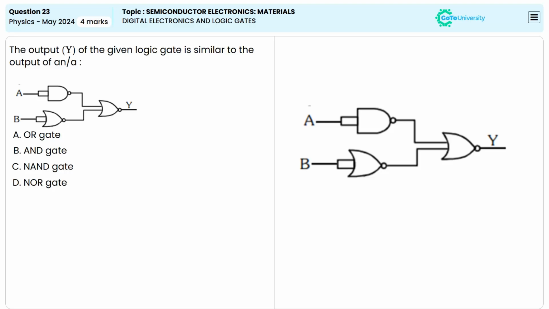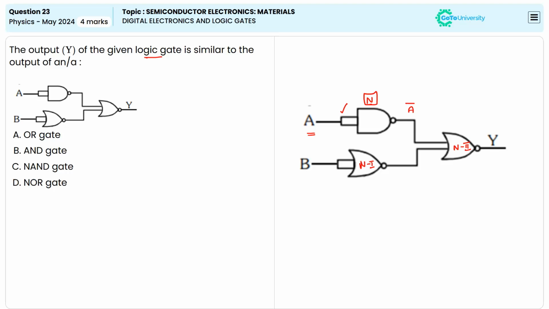So the question is, what will be the output of a given logic gate? In the given diagram, there are two NOR gates. We can represent this as NOR1, this as NOR2, and there is one NAND gate as well, where the NAND gate has an input of A. So the output of the NAND gate will be A bar